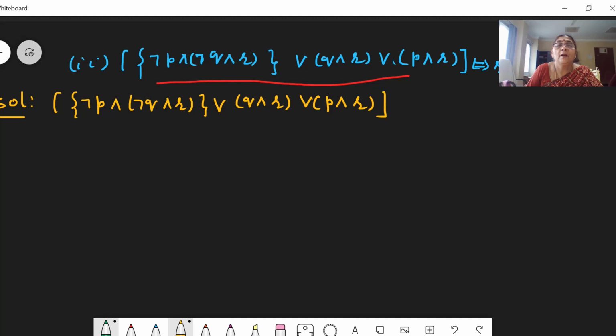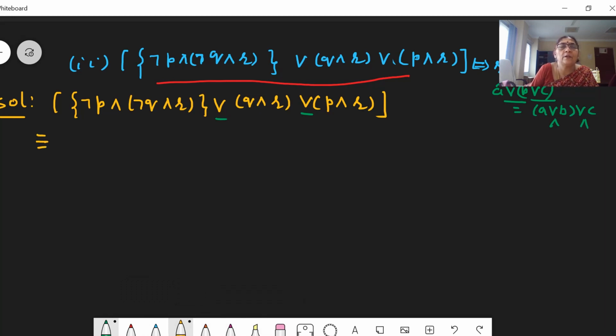Now, observe, here having disjunction, here having disjunction. Whenever having two same connectivity, just like A disjunction of B disjunction C can also be written as A disjunction with B disjunction of C. Whenever having same connectivity, either disjunction or conjunction, there I have to use associative law. Either group these two, or group the last two, or group A and C. Does not matter. That law is nothing but associative law.